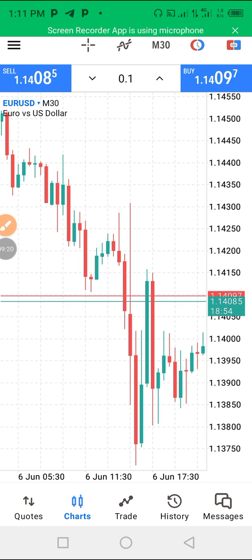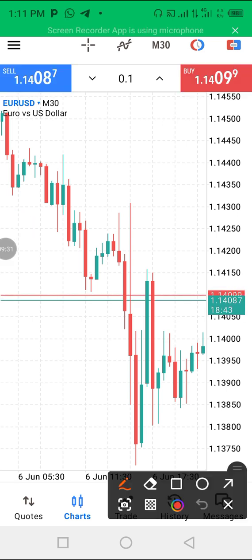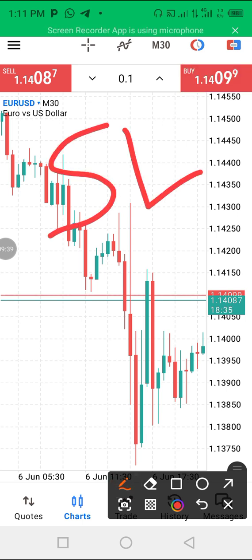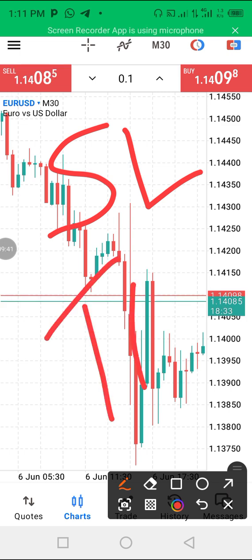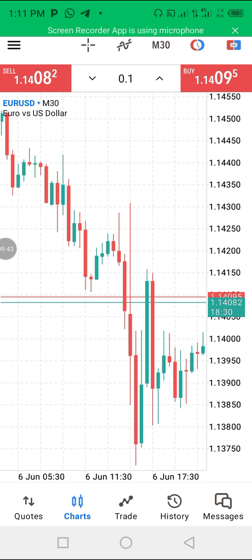Also, some other terminology we need to talk about is something we call the, what do you call it now? Stop loss. Yes, and take profit. Look at it, SL and TP: stop loss and take profit. Now, what is stop loss? What is take profit? Stop loss means,